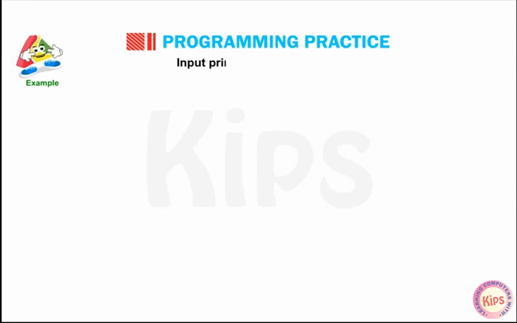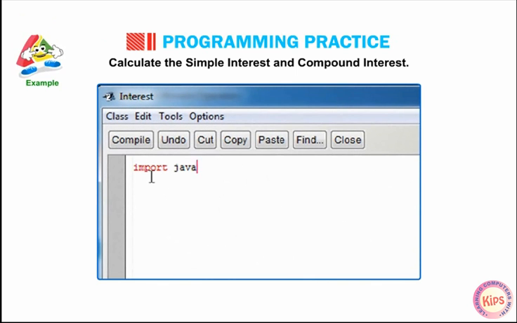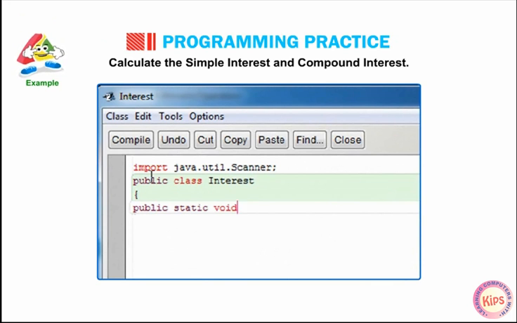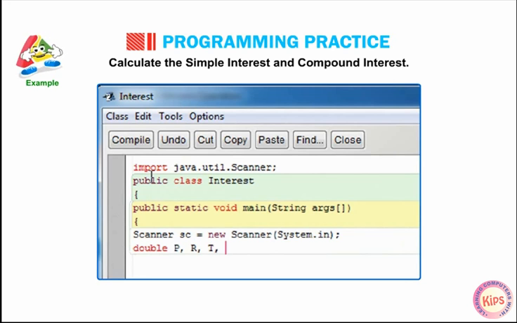Example: input principal, rate and time. Calculate the simple interest and compound interest. import java.util.Scanner; public class interest { public static void main(String args[]) { Scanner sc = new Scanner(System.in); double p, r, t, si, ci;